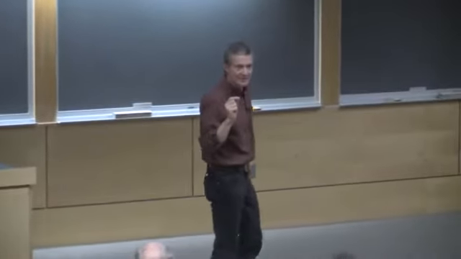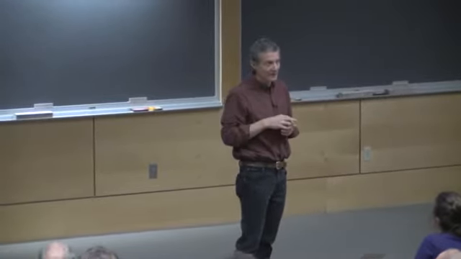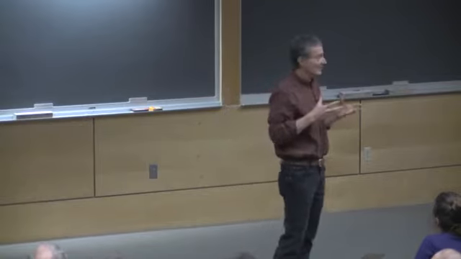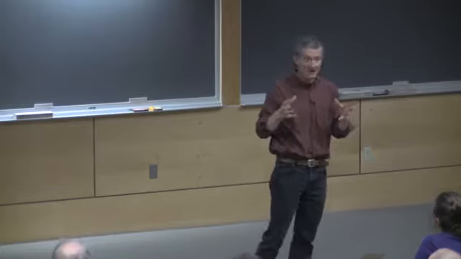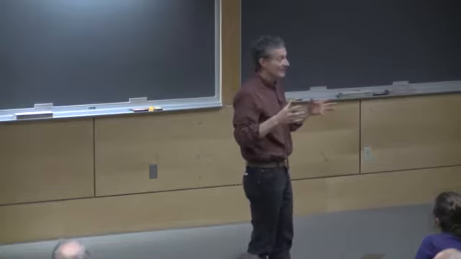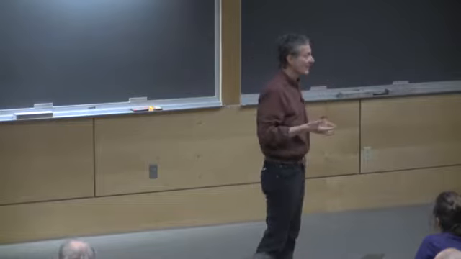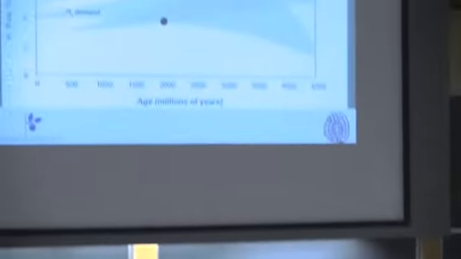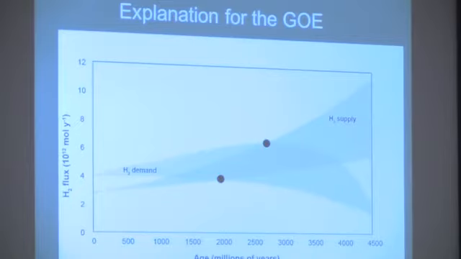So, a little bit about Earth history, just a little tiny bit about that. The Earth is 4.5 billion years old, and way back when the Earth was first formed, it was a hotter planet, and part of the reason that it was hotter is because there was more radioactive stuff in the interior of the Earth. What that meant is that there were more volcanoes earlier in Earth history. There was more hydrogen coming out of volcanoes earlier in Earth history. And if you try to follow that kind of logic here, the hydrogen supply was high, but the oxygen supply was low.